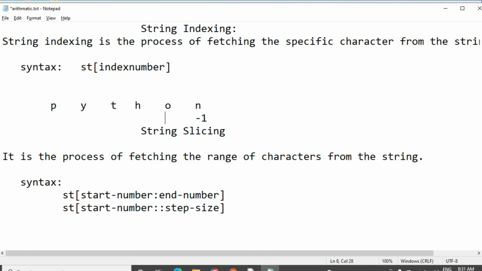This is backward indexing, which starts from -1, -2, -3, -4, -5, -6.